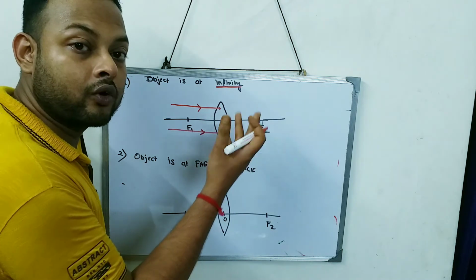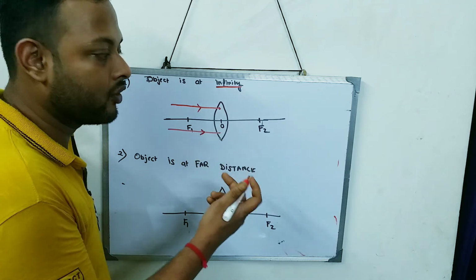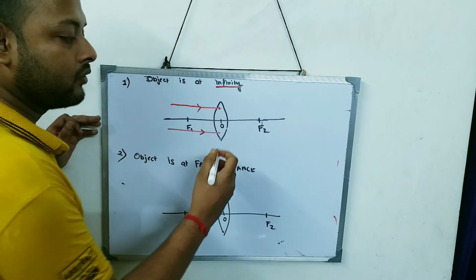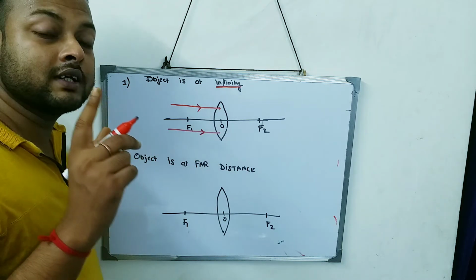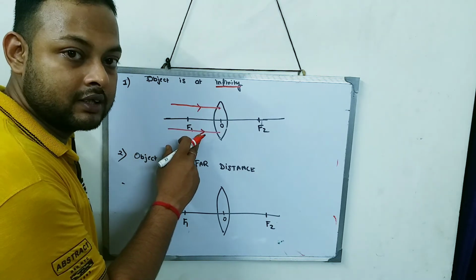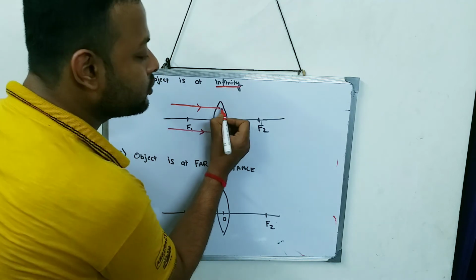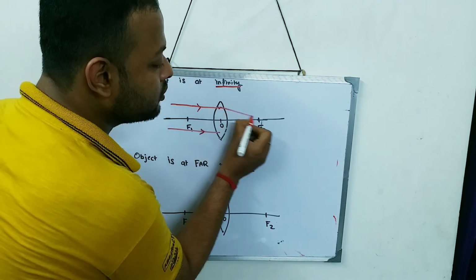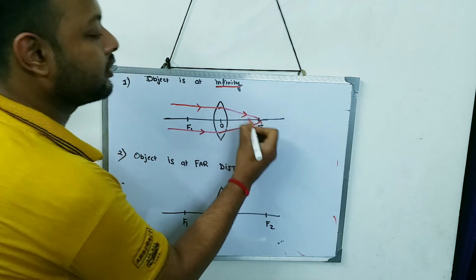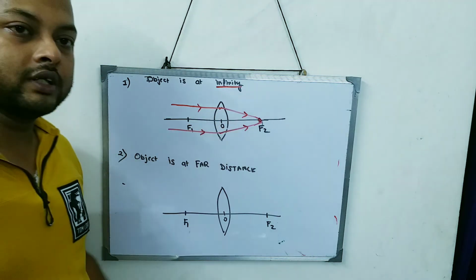They will converge, because this is a concave mirror and concave mirror has a property of converging. So the rays will converge. And how will it converge? Remember, what was the second rule saying? Second rule, if the rays are parallel to the principal axis, then after refraction it will be passing through F2. So the rays will pass through F2 like this. So this is the point.